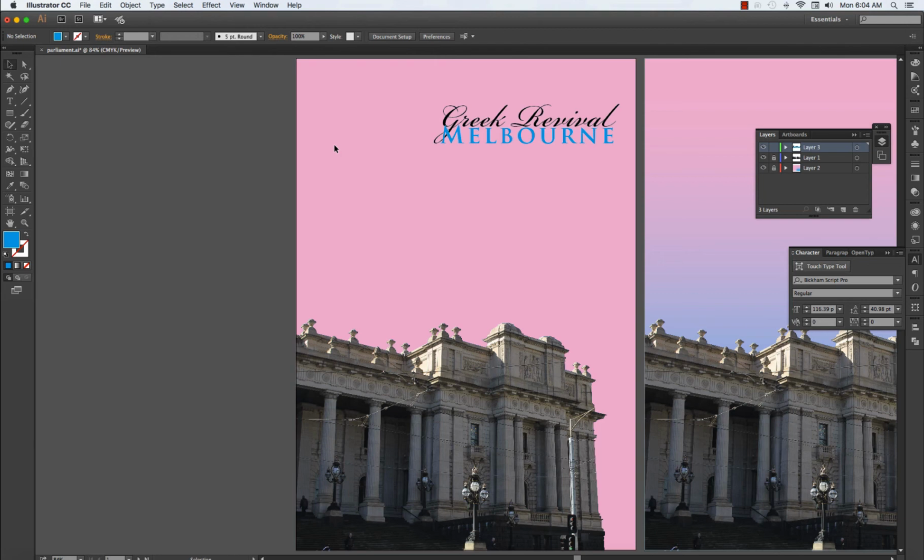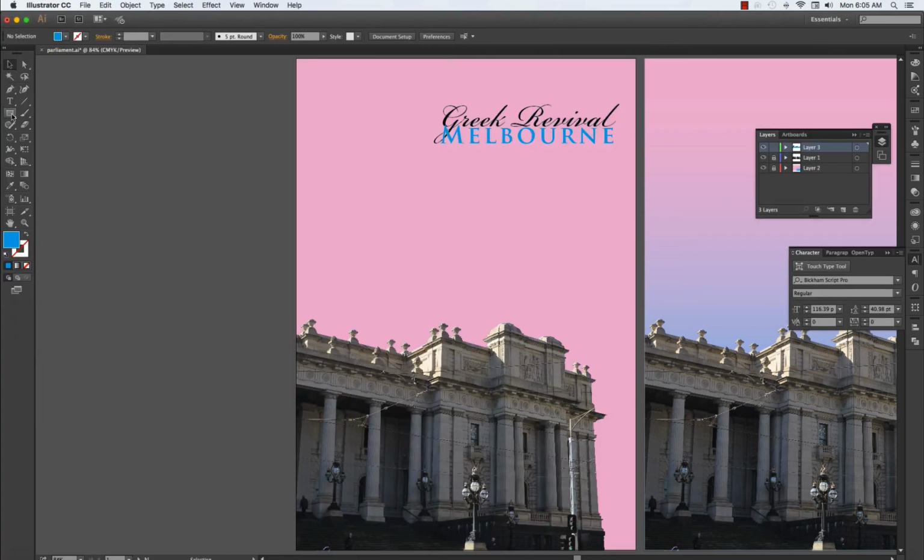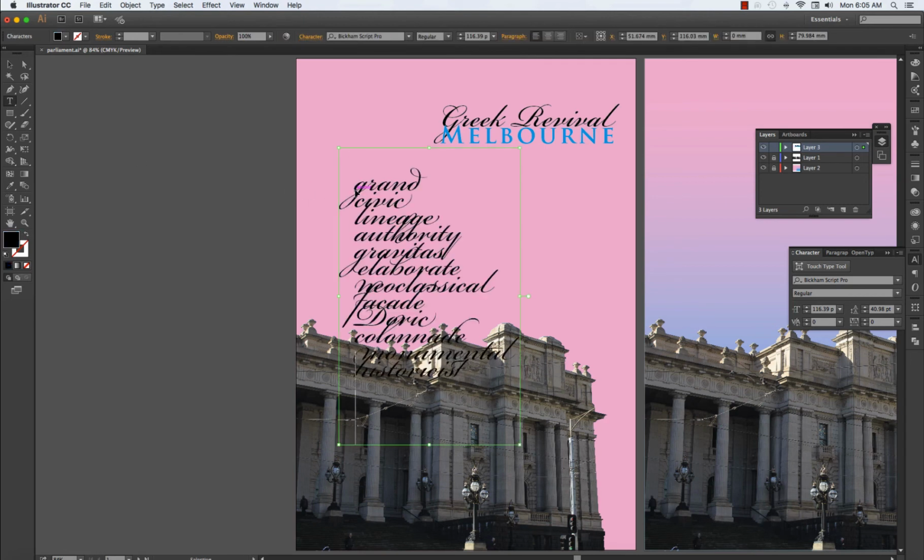Let's now put in some information about Greek revival style. So back to my Word document where I've compiled a bunch of words relating to Greek revival, and I'm just going to copy all those. I put them into a single column, and again type and just click. You don't need to drag a type box or a text box. All you need to do is just click and paste, and of course you remember the last